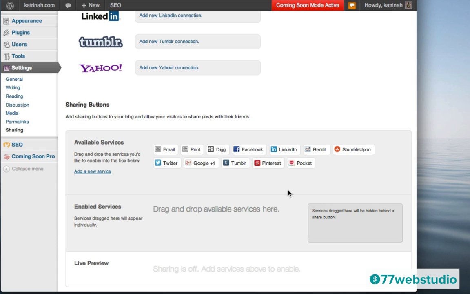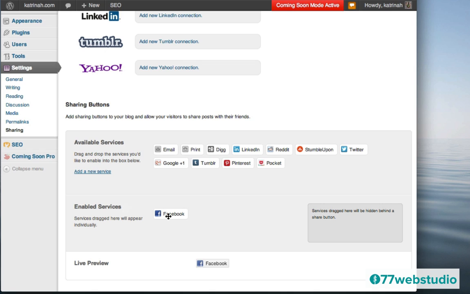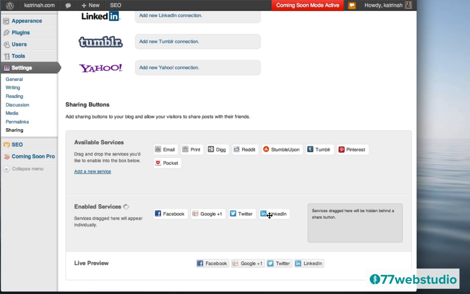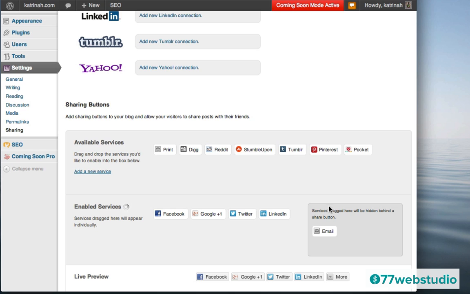To make this work, you just need to drag the networks that you want down here into this available area. So I want Facebook, I want Google+, I also want Twitter, and I'll take LinkedIn as well. And then we will also add these other ones over here in this section, and this will just create a more button.